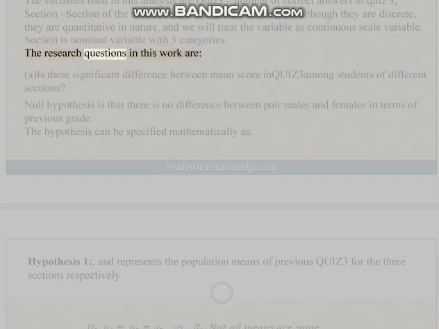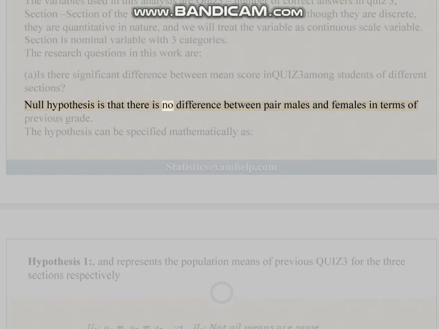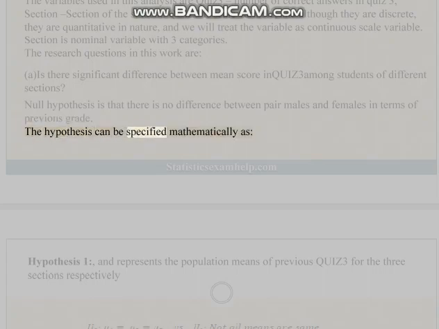The research question in this work is: A. Is there a significant difference between the mean score in Quiz 3 among students of different sections? The null hypothesis is that there is no difference between the sections in terms of Quiz 3 score. The hypothesis can be specified mathematically as